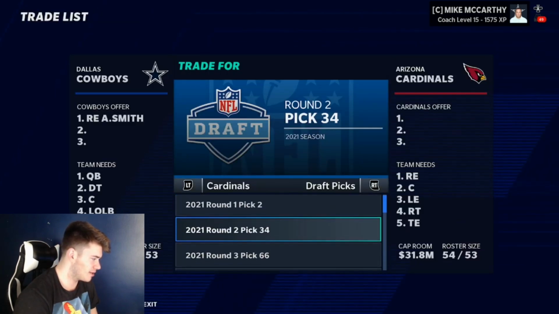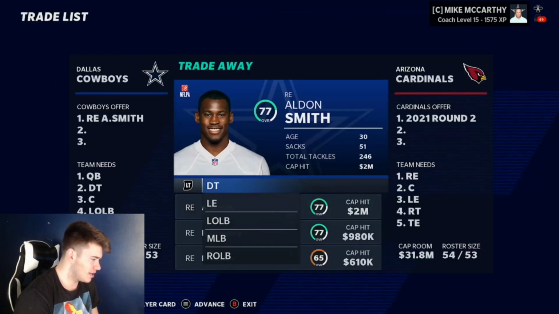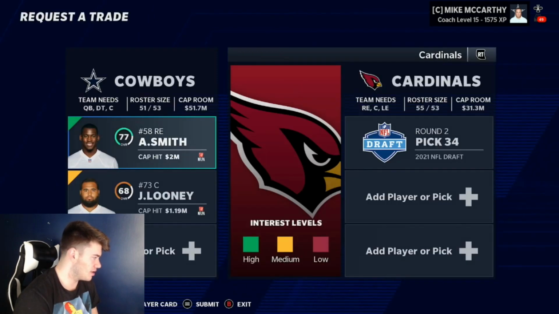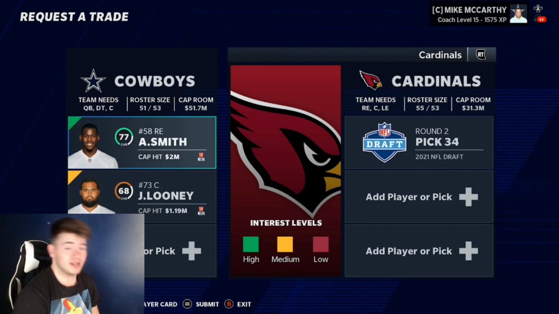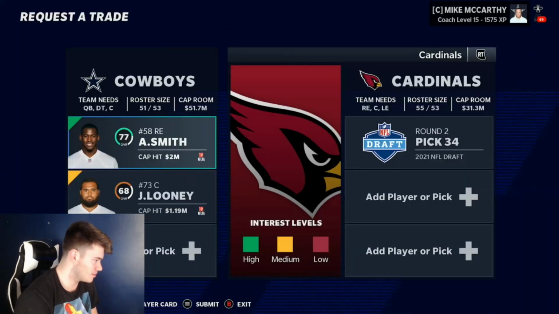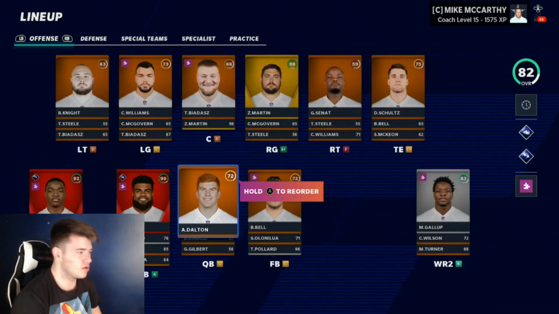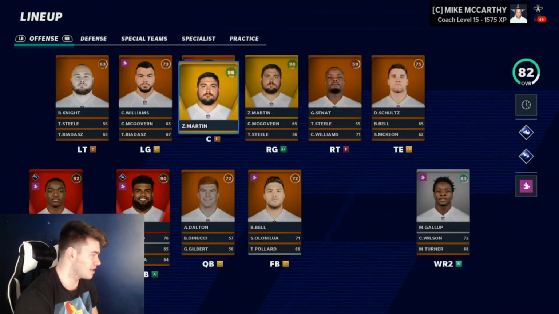I'm going to see if we can get him for a second-round pick. I might add on, what else do they need? They need a center, don't they? I might try and give up Joe Looney. I think I'm going to try and give up Joe Looney as well because he is on the last year of his contract, along with us having that rookie center behind him so he can get some playing time, and they do end up taking that. So for a second-round pick, we give up Joe Looney and Aldon Smith, which I'm actually not mad about